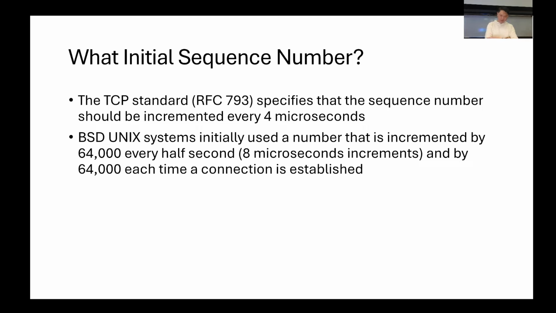That's the standard, and the BSD Unix system increases the number by 64K every half second. That's an 8 microsecond increment by 64K each time a connection is established. Okay,